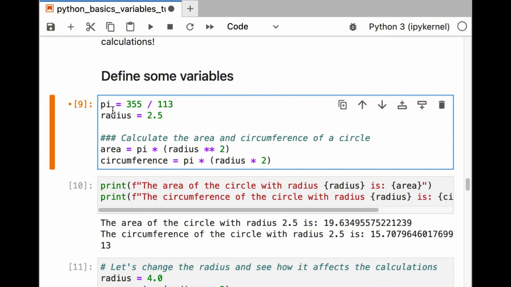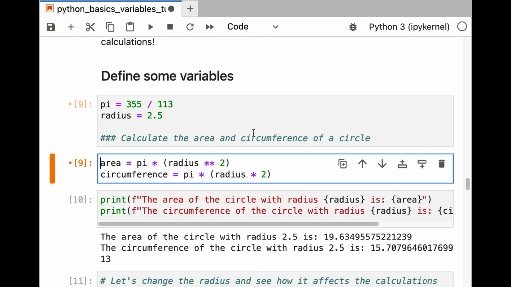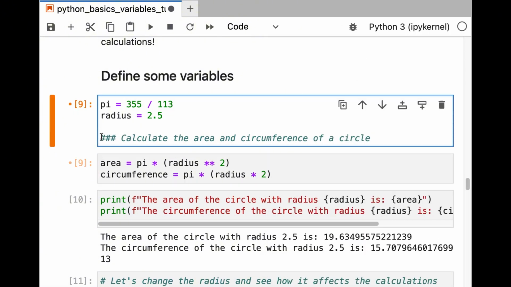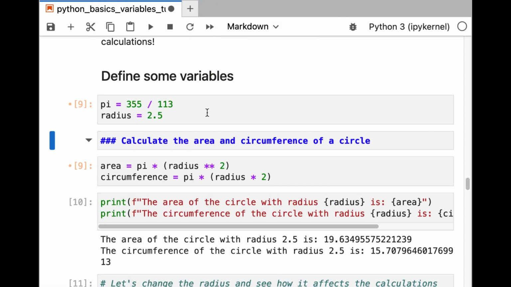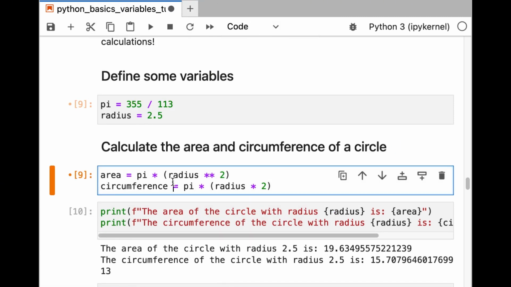Okay, and so pi is equal to that, and you could say our radius is equal to 2.5 meters, for example. So we have radius and pi. So instead of typing this number over and over again, we just say area of a circle is pi r square, and this is pi times r, and this is how to do raised to power. So it's pi r square. So star star is raised to power. Okay, and then we could split this off here, for example, and then let's render this back here. Okay, and if you run that,